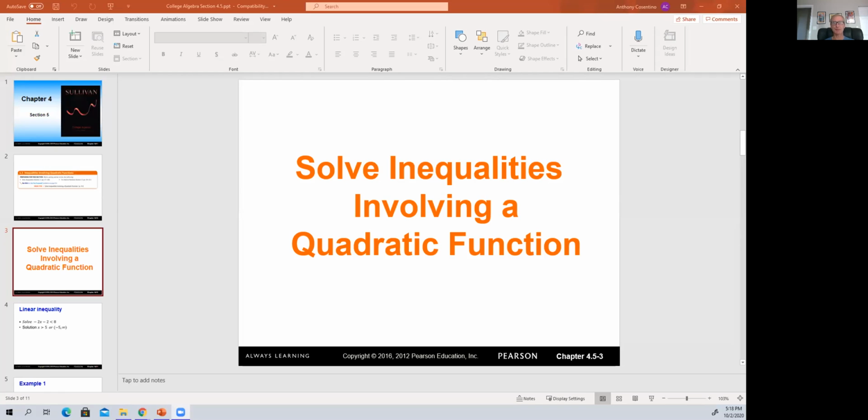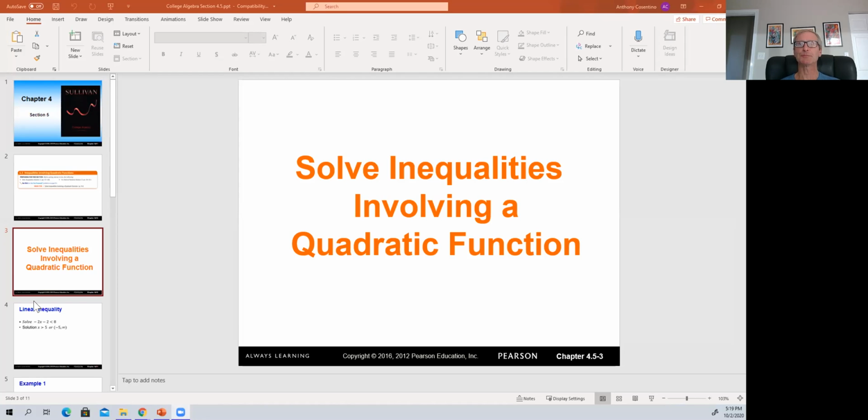This will be the last of the sections in chapter 4 that we will do. And it involves discussion of inequalities with quadratic functions. Chapter 4 is all about quadratic functions. Again, a little bit tricky in the sense it's a little bit newer than some of the other aspects of solving just equalities. So what I like to do, and what I try to do to start this, is to